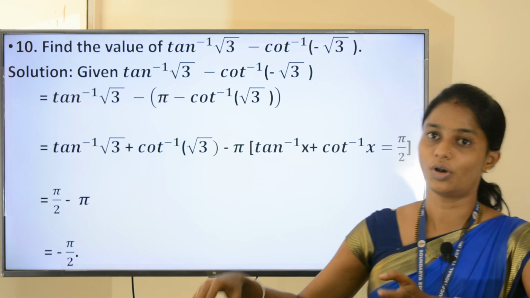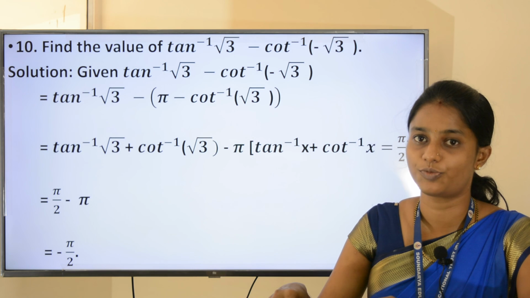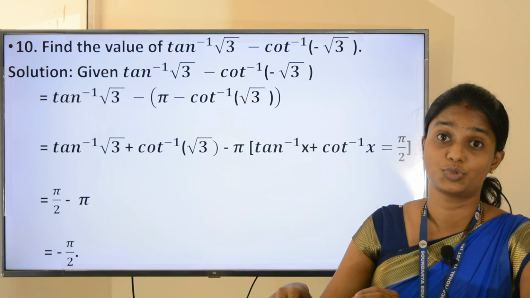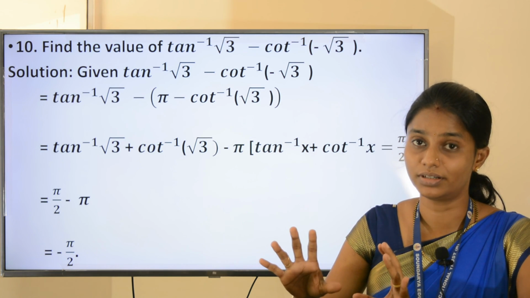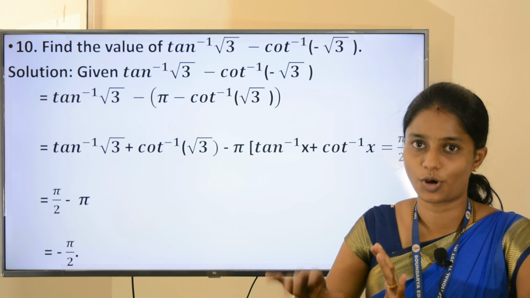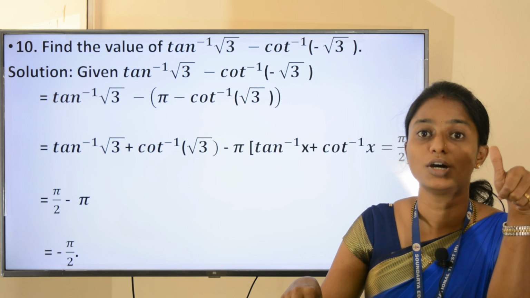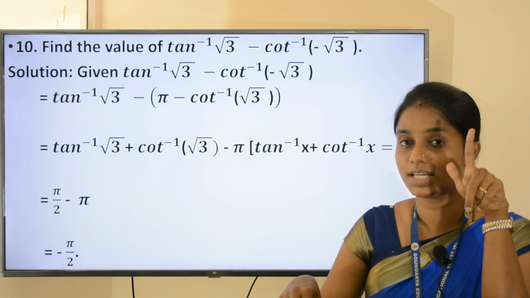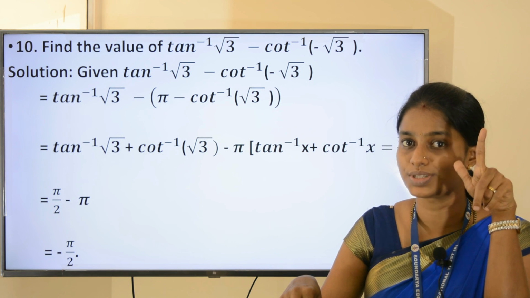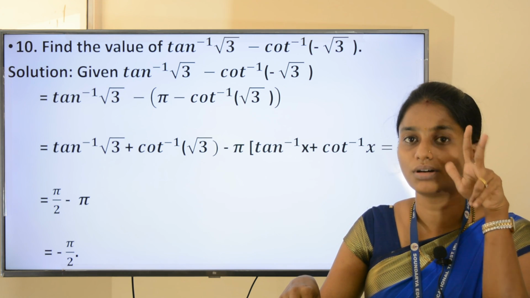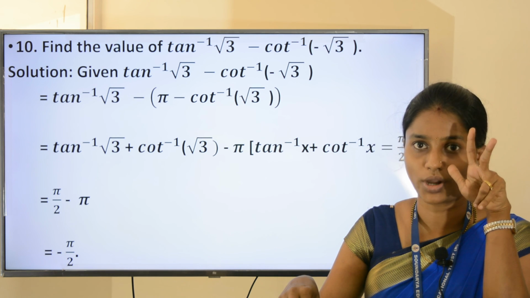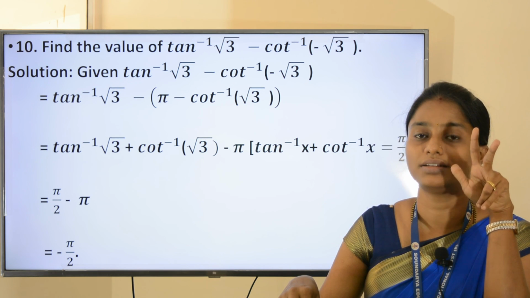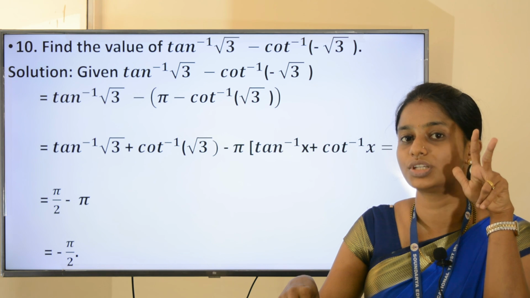Here we have solved 8 questions in the simplest form, students. Once again, we'll recapitulate the methods of simplest form. First is we have to do the proper substitution. Second is, if necessary, we are going to use the trigonometric formulae. Third point is we are going to apply the inverse trigonometric function properties.